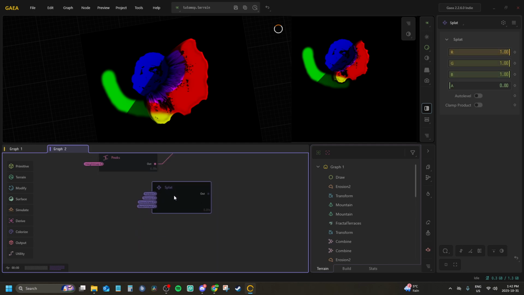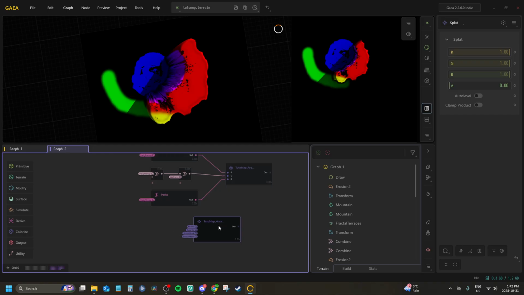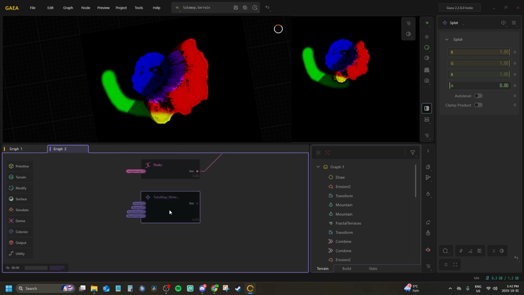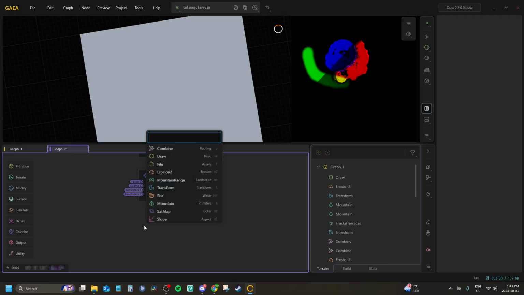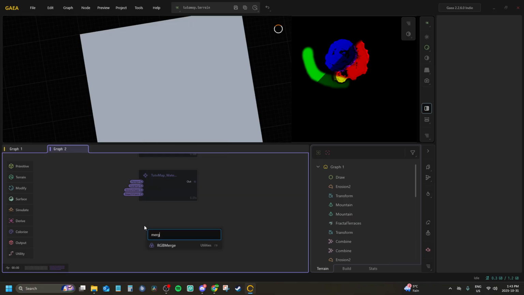So instead of that one, I'll put this one. This will be called two-toe map underscore water biome mask. And then next thing I'll do is get the landscape biomask. So for this, I'll make a merge,